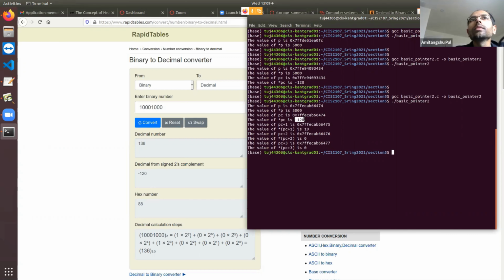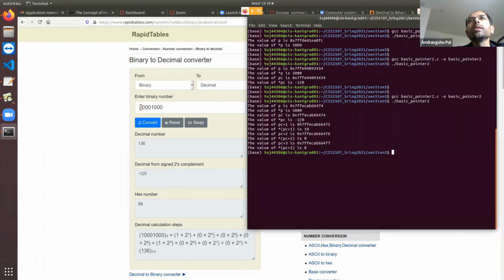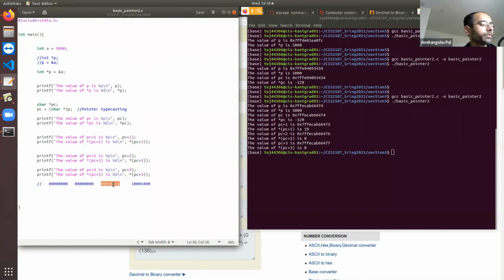Why it is minus, we are going to learn later on. But one thing you can see is that here the first bit is 1. We have learned the first bit is the sign bit, so if it is 1, it will become a negative number. So the corresponding value of the first byte is minus 120. Let's check the second byte.